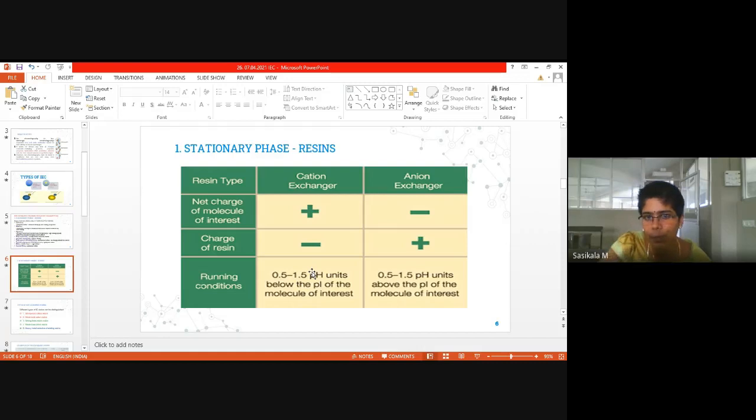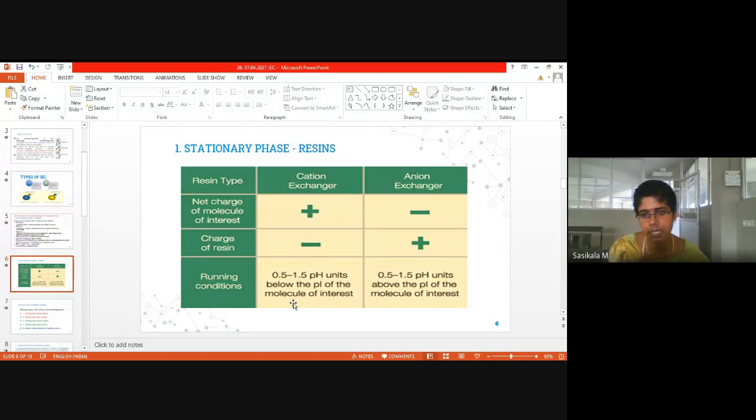Since your sample molecule is acidic in nature, positively charged, right? Positively charged ions you will be calling as acidic, right? H plus. Ma'am, H plus will be acidic. So likewise, we need to maintain acidic pH for separating acidic molecules. Where basic molecules will be separated by using basic buffers, basic pH. Here the pH value is above the PI value, we have to select above the PI value. Here we have to select below the PI value.